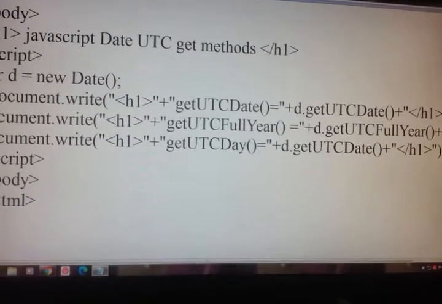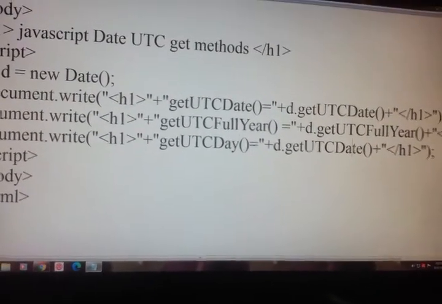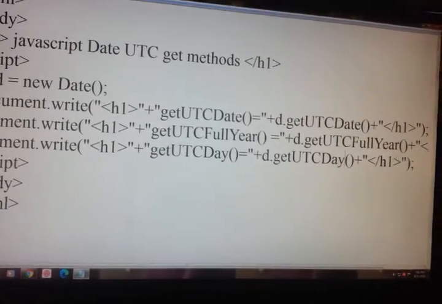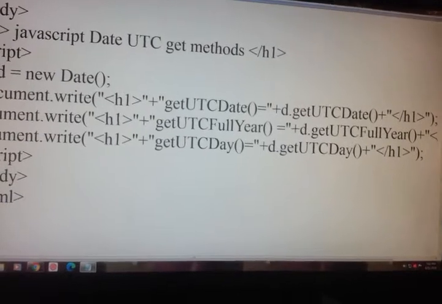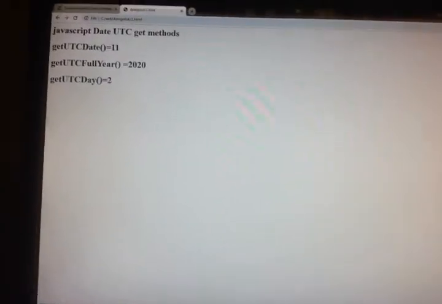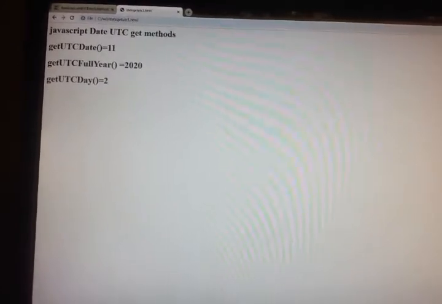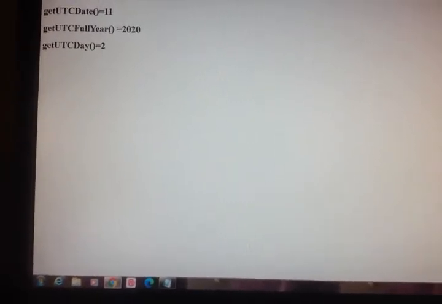Get UTC day. Just save it. Just execute. Yes, UTC day, I got 2. Why I got 2 is because today is Tuesday, Monday is considered as 1 and Tuesday is considered as 2.